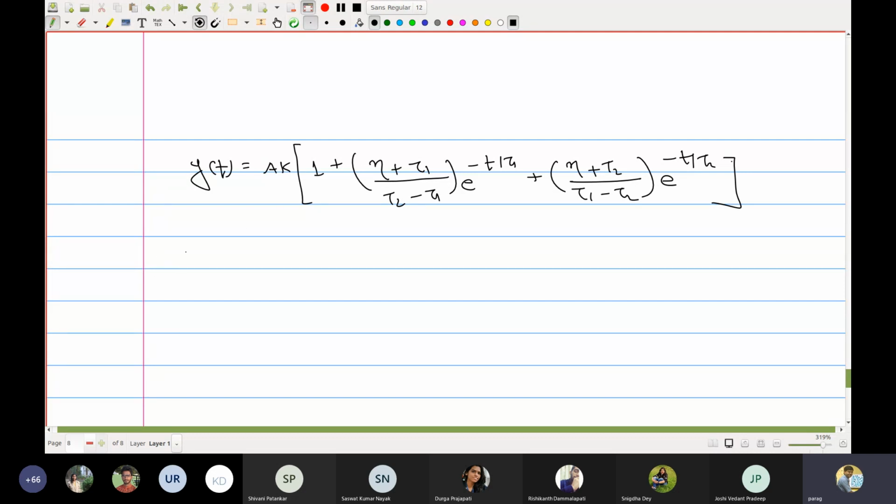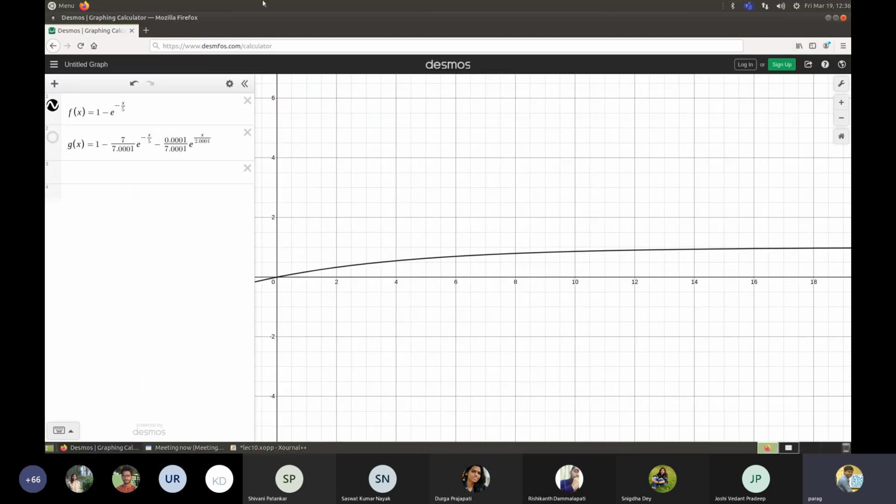So as limit t tends to infinity, what happens? You get the same thing. This term goes to 0, this term goes to 0, right? So therefore you get a K, where K is K2 minus K1. So we know that this is going to be the ultimate response of the system, right? But now how does the actual or complete dynamics of the system look like? Let's try to write it down.